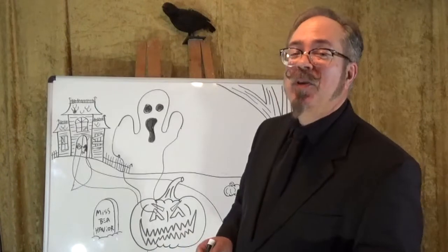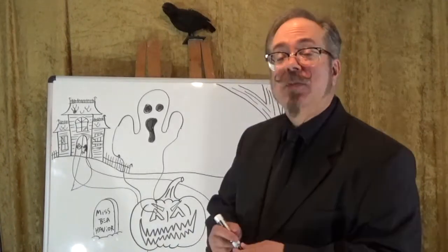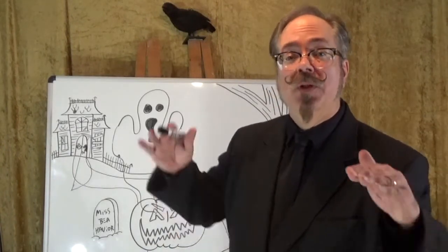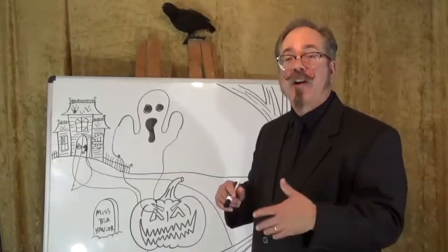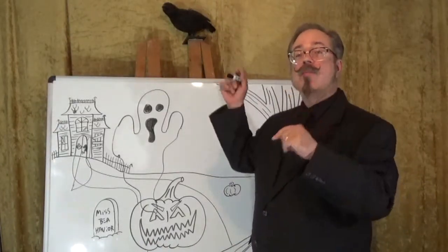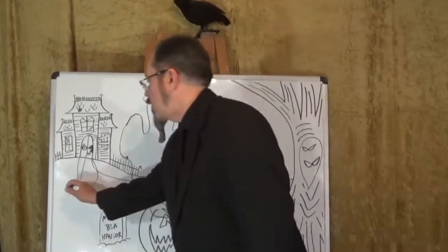Now you're welcome to put more tombstones in there if you'd like. To make them look like they're closer to you, you put them lower in the picture and make them larger. To make them look like they're farther away, make them smaller and put them higher up. So if you wanted to, you could put